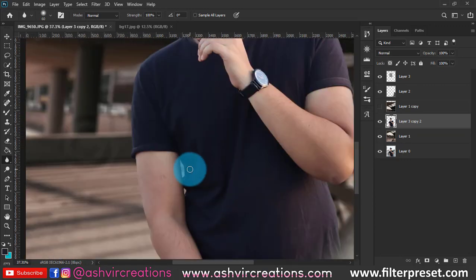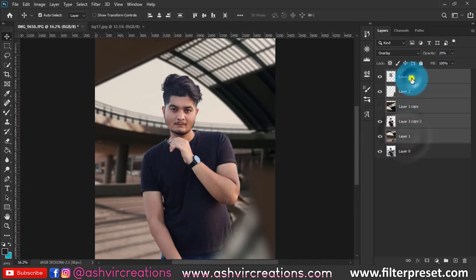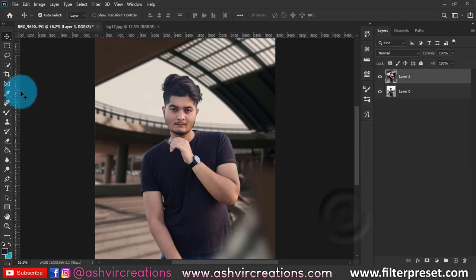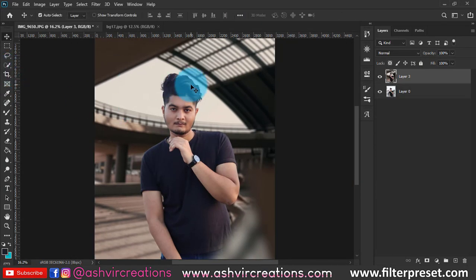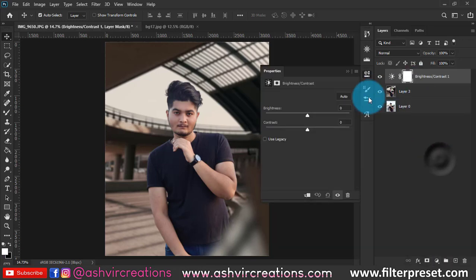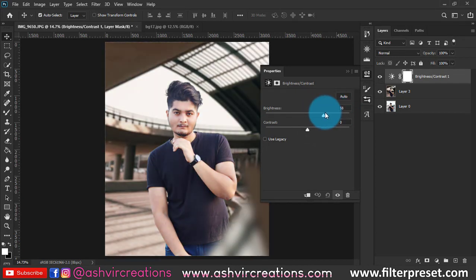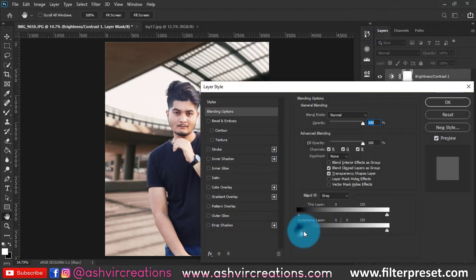So the next thing we're gonna do is merge all the layers. Just right click on it and select merge layers. Again let's select the crop tool and just hit enter and you are done, right? Now the next thing we are going to do is just select the brightness from the image. Just increase the brightness all the way over here. Now double click or just right click on it and select the blending options and just move the slider from left to right